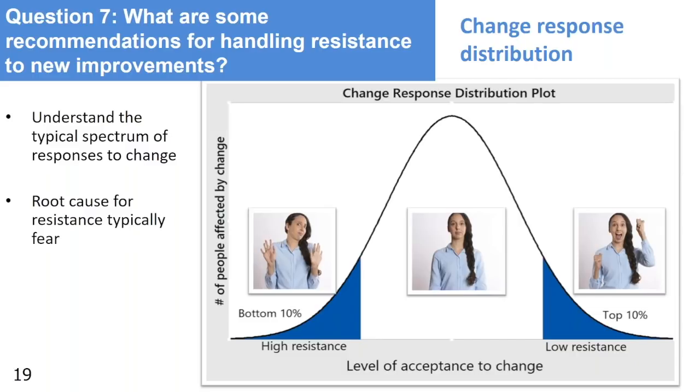And remember, the root cause of resistance is not just because someone's trying to be difficult. I rarely found that to be the case. There's usually some kind of fear-based motivation behind that resistance. So understanding that can really help you have a more compassionate view and help you possibly